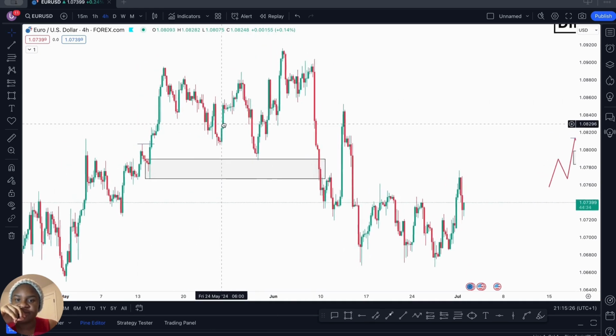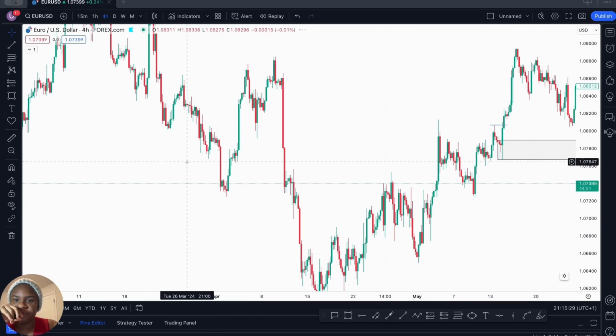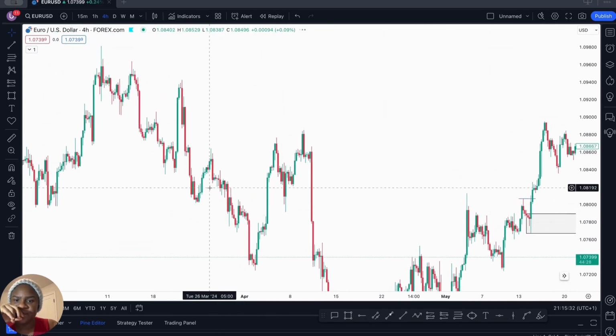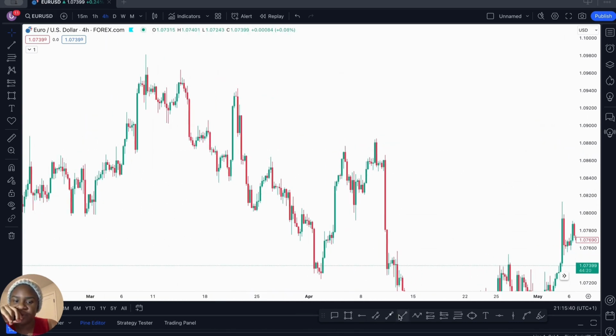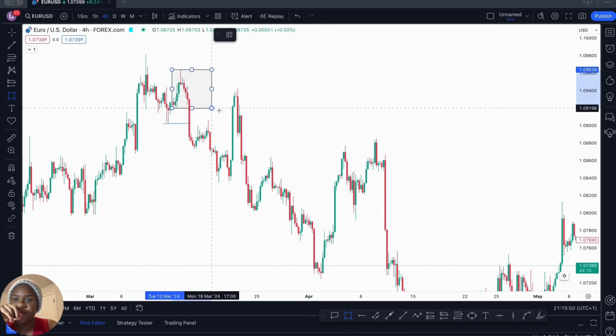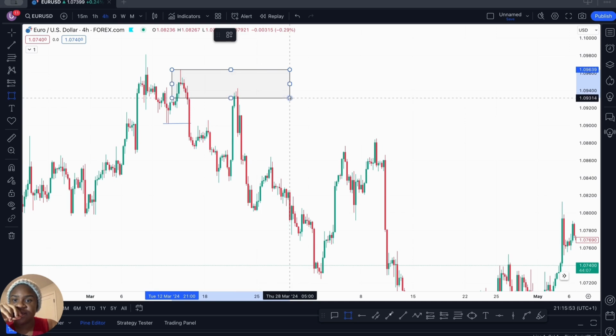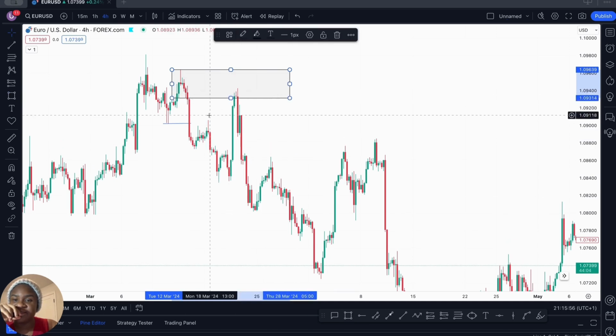Now, for a bearish scenario, how do we know a break of structure for a bearish scenario? I'm trying to find you one here, and I'm going to also show you SND on this chart so you can know where market is going to react. For a bearish scenario, the market took out this swing point here and created a break of structure here. What am I seeing? I'm seeing the last bullish candle here before the impulse move for the sell. I'm going to mark it here like this, and you can see that market came in there and reacted there. It also obeyed the rules. We have a liquidity void and a minor inside fair value gap,